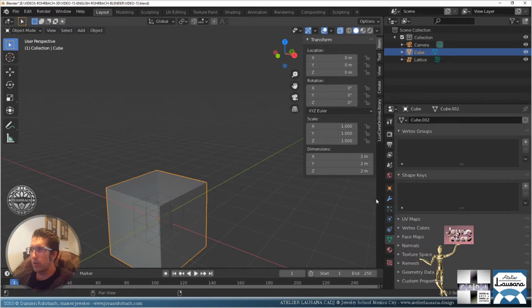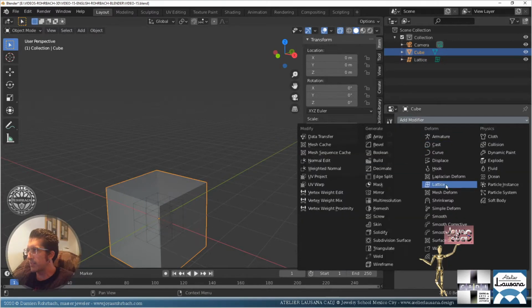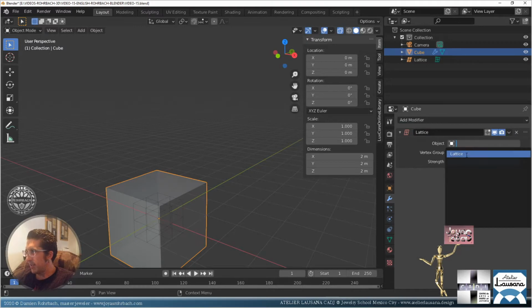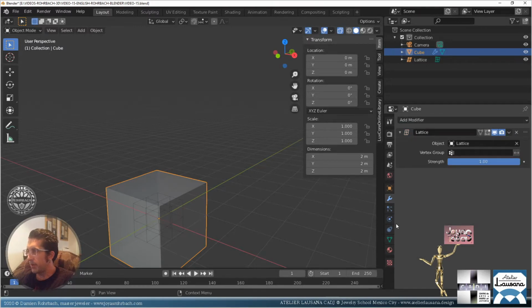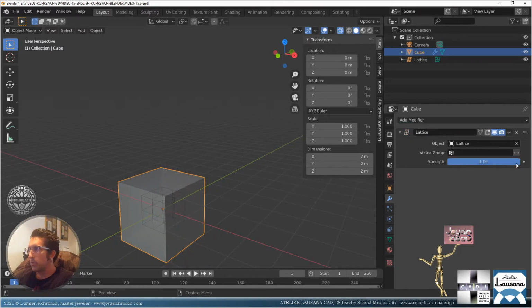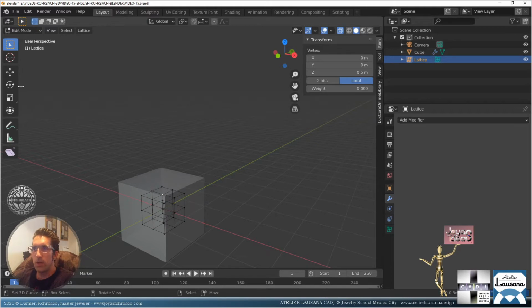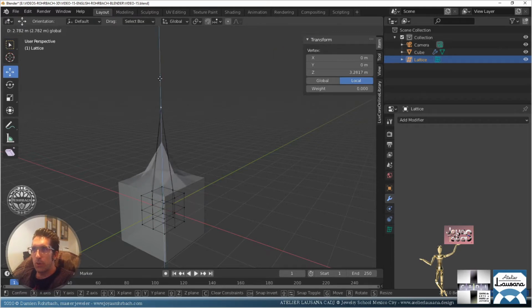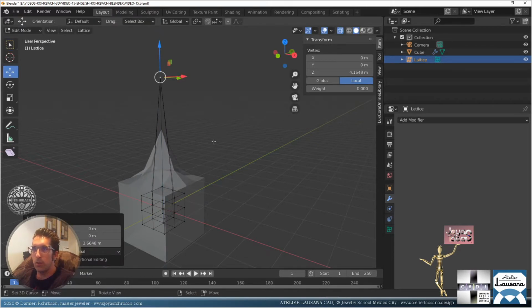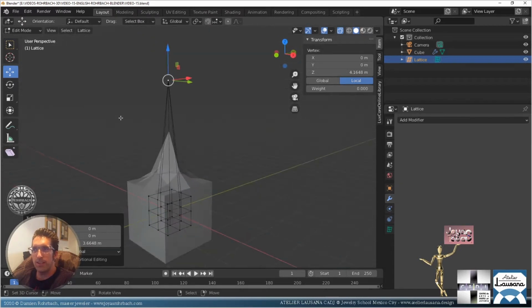All right, so now the cube is going to get the lattice modifier and the lattice that are just one here. And it's good like this, strength 1, which is normal. So now when I take the lattice and deform the lattice, woo, the cube gets deformed. But as you can see, it's live and it's way more efficient. And that's why I think it's the best